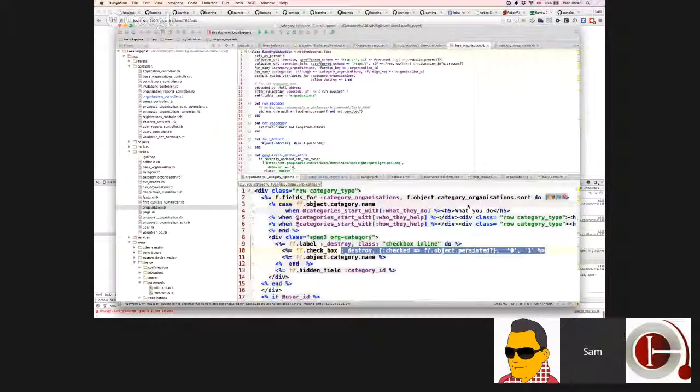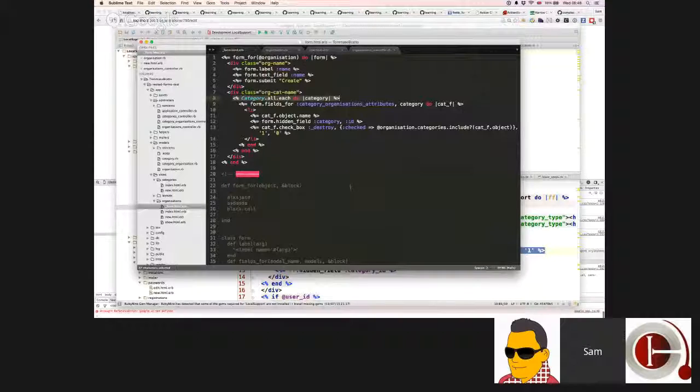But we have a hack whereby we add a potential category organization relationship for every possible category to the model, to the organization. And that makes sure that all the categories appear. In terms of the design of the form, it makes it a bit weird. But what it all seems to come down to is just trying to lay out the